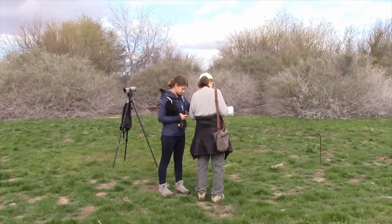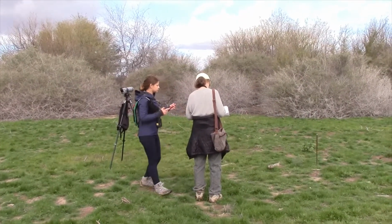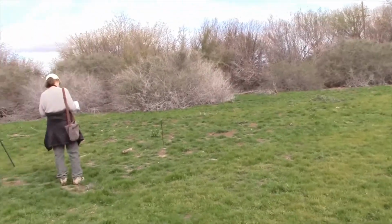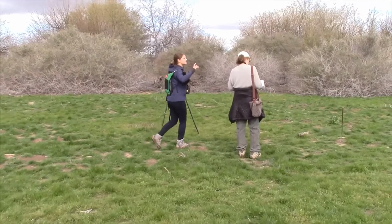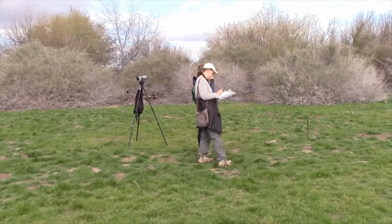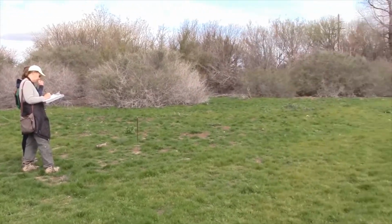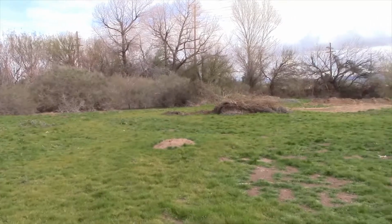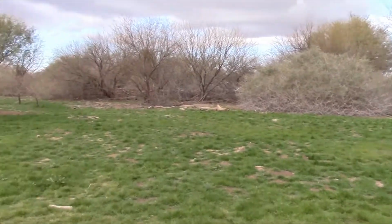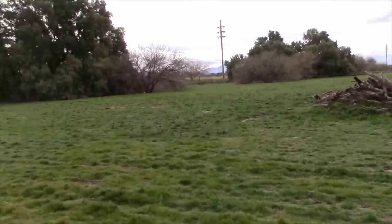So we have an actual point count happening right now. Olya on the left is the main observer. So she called out the time and began a timer on her phone. Very important to be looking in all directions and listening intently. You have to pay pretty close attention